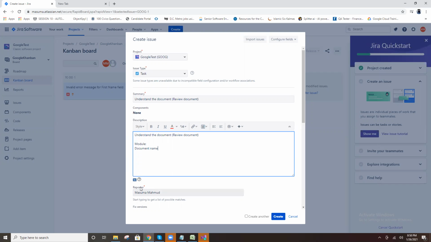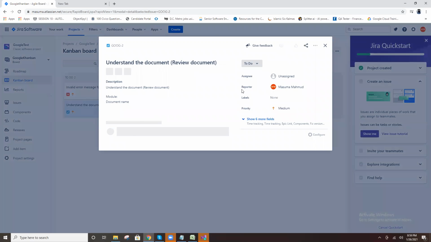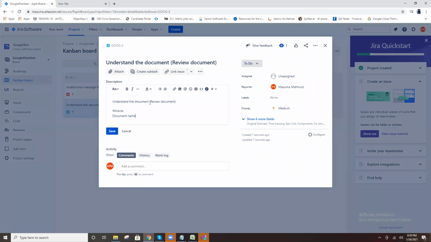Then you are the reporter, right? You are the task owner. And create your task. This is your task. After creating a task, you can update it also. You can update anything.